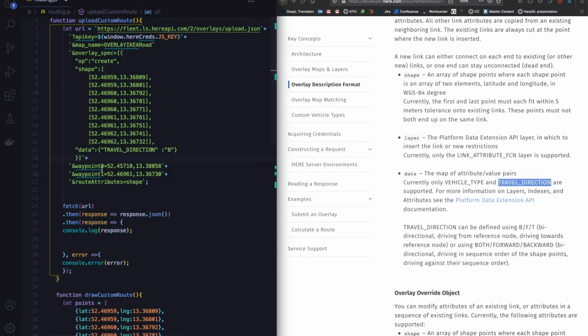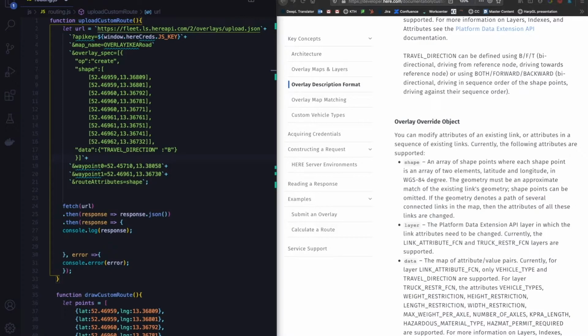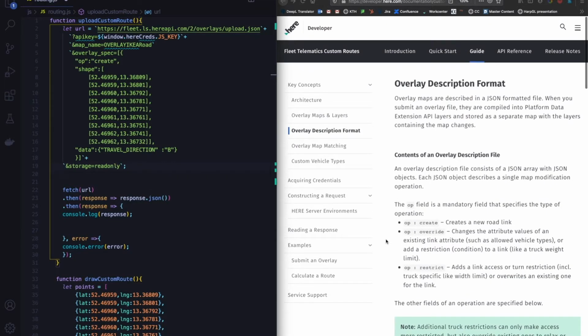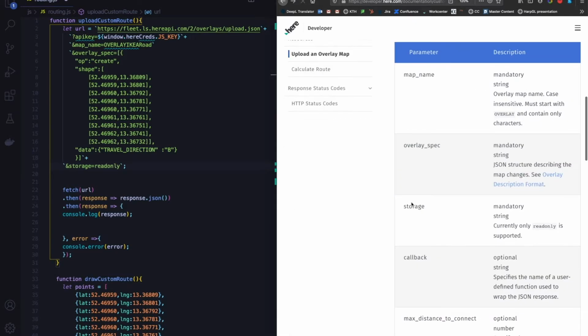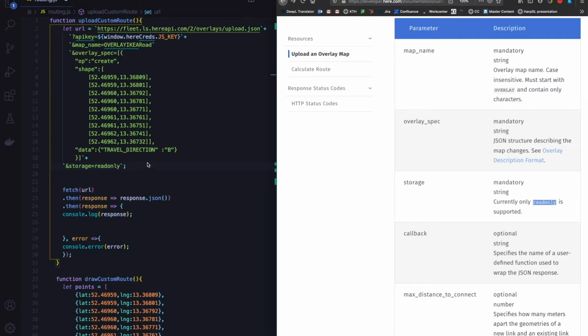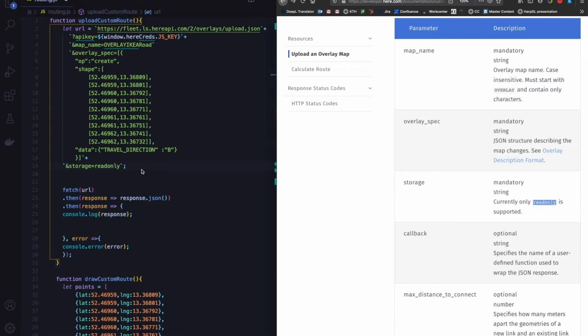And now what I want to do is mention that this is a read-only storage. So let's get rid of all of this and storage read-only. Now, if you want to know where I got this from, if you go back, you'll see that the storage parameter is mandatory and read-only is currently the only one supported. So I've added storage read-only. And now if I save this, I should get,